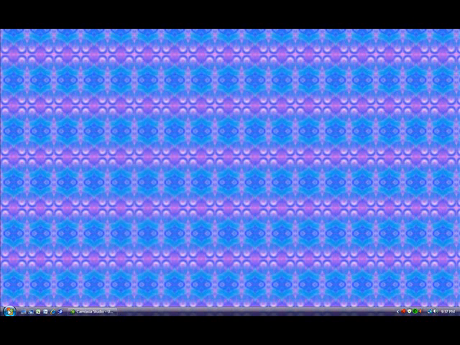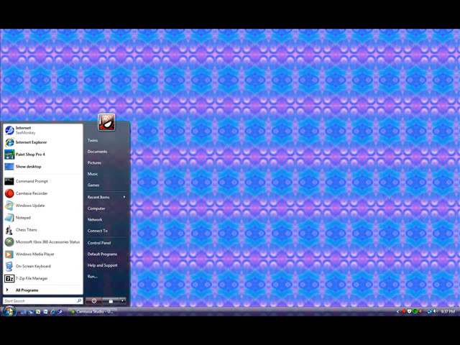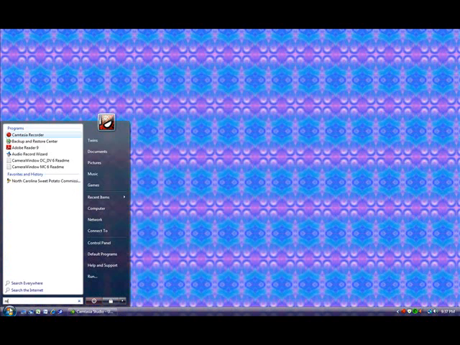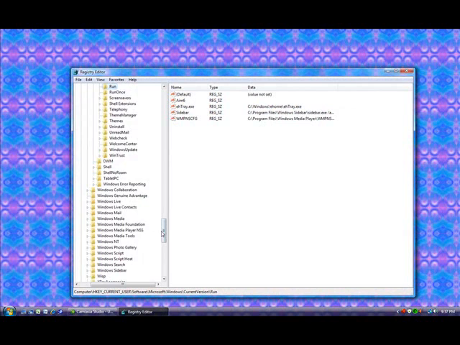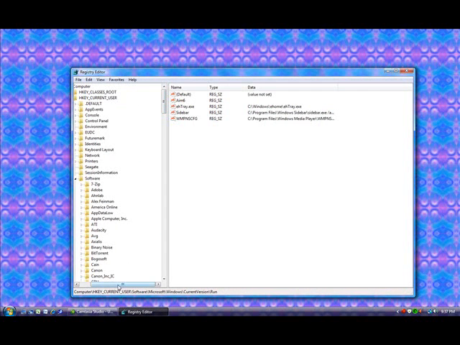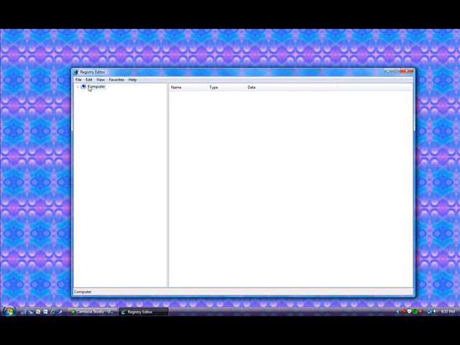The next thing I want to discuss is regedit, and this is the Windows registry. To get there, we just type regedit, or we can type regedit and run. And then we click on that. And I should warn you that this is a very dangerous tool. Basically every setting inside your computer from all of your programs and hardware is stored inside the registry somewhere or another,